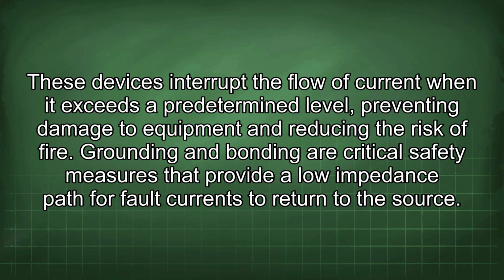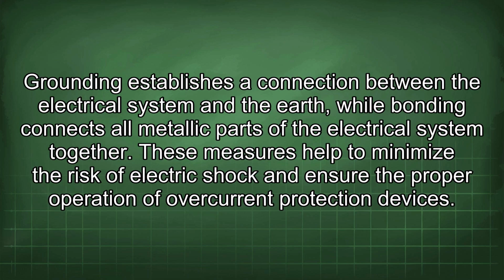Grounding and bonding are critical safety measures that provide a low-impedance path for fault currents to return to the source. Grounding establishes a connection between the electrical system and the earth, while bonding connects all metallic parts of the electrical system together. These measures help to minimize the risk of electric shock and ensure the proper operation of overcurrent protection